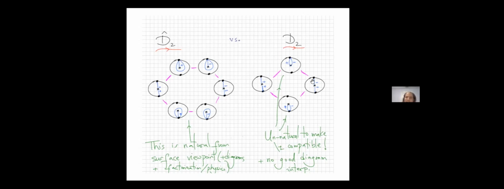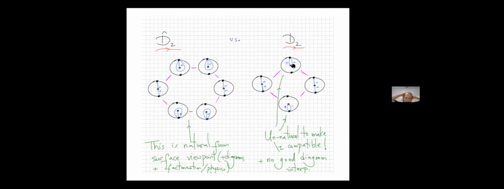Whereas in the standard cluster way of thinking about things, where this would be D2, it's different. You never see these self loops, and instead you allow the plus and the minus tagged and untagged guys that emanate from the same vertex to be compatible with each other. Okay, so this is the picture you'd have for D2. You see, in this picture, this middle guy here is like squashing together these two guys. If I take these two guys, put them on top of each other and throw out the bubble, this is what I would get.